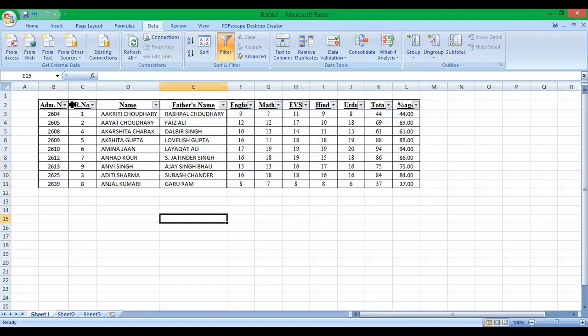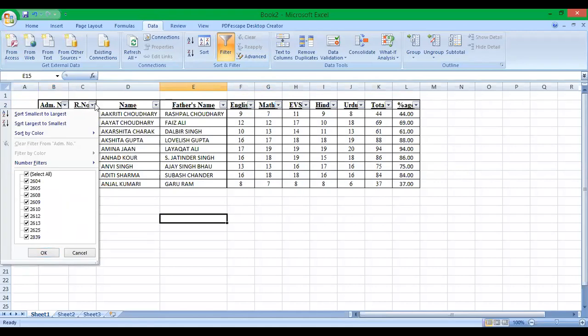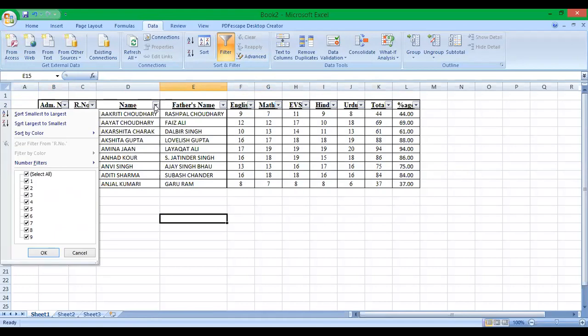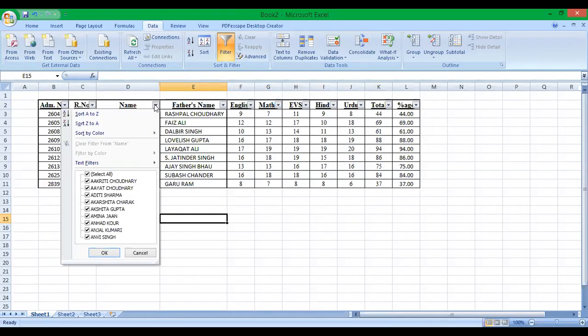As soon as we filter, a list box appears in front of all the fields. These arrows will be there in front of all the fields. Now when you click on this, you'll find all the numbers there, roll numbers there, name is there, father's name.